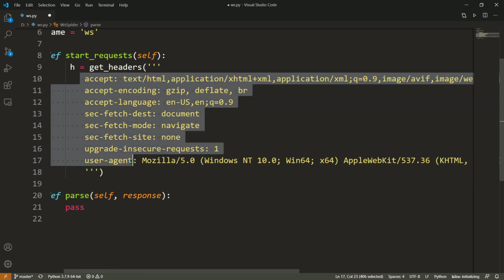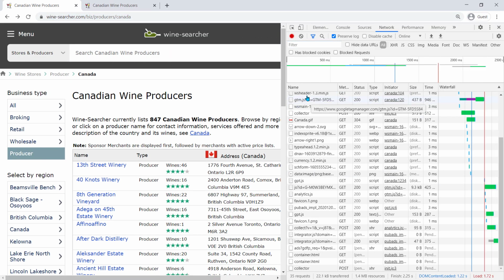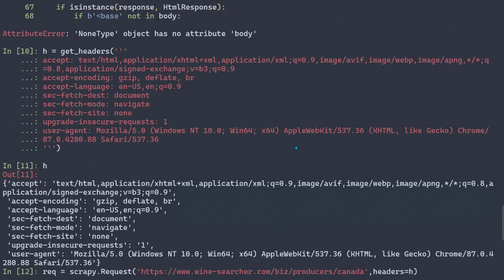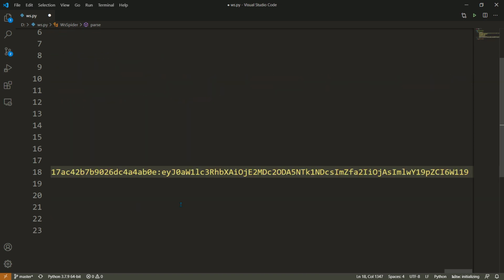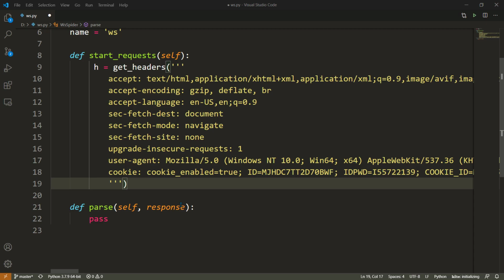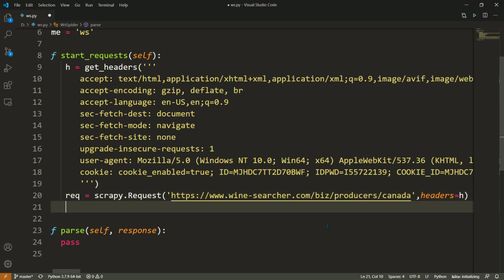Okay, so everything looks okay, and just for fun, we can see that there is this huge cookie that has been sent. So this also I will copy here, and you will see that everything will be ignored.